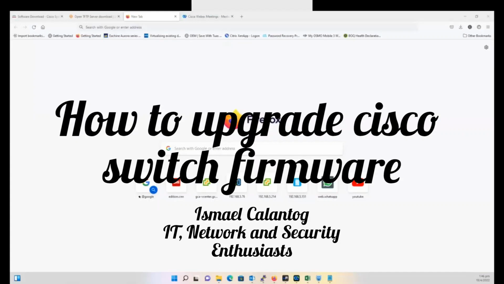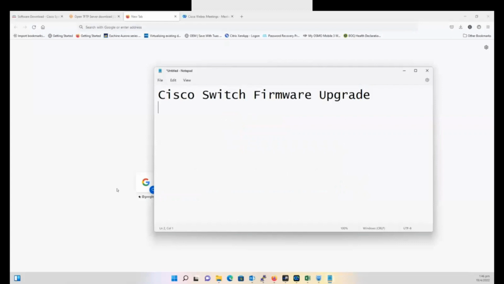Good day everyone. Now we will be doing a Cisco switch firmware upgrade. So we'll upgrade the Cisco switch to a new firmware. What we have here is a Cisco 2960X 48TS-LL. The current version for this switch that we have is